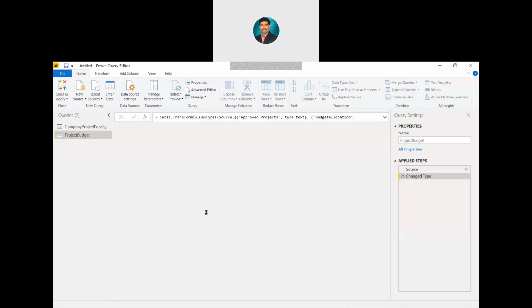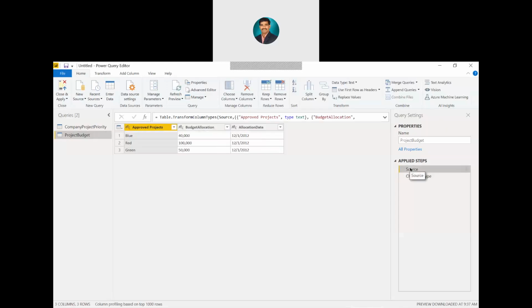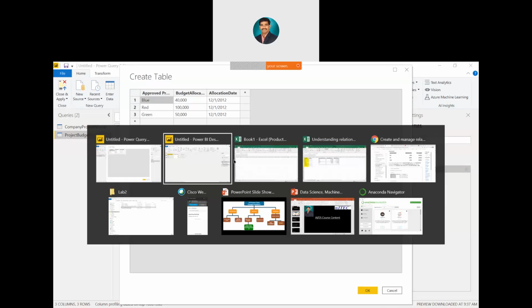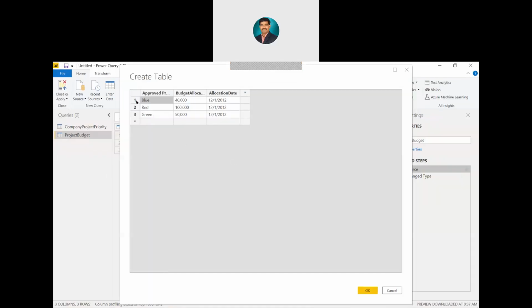Edit the query. Then we are trying to take a source. Then the source window is going to open. This is the source window. Now what I am doing is, suppose these two records available, I am copying. Then I am trying to paste here with a different numbering I am giving.